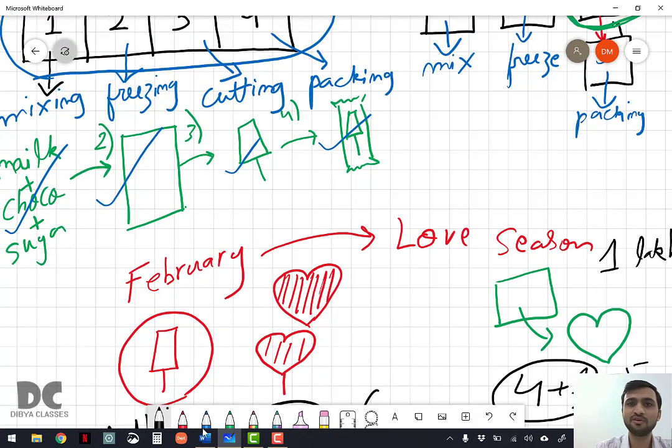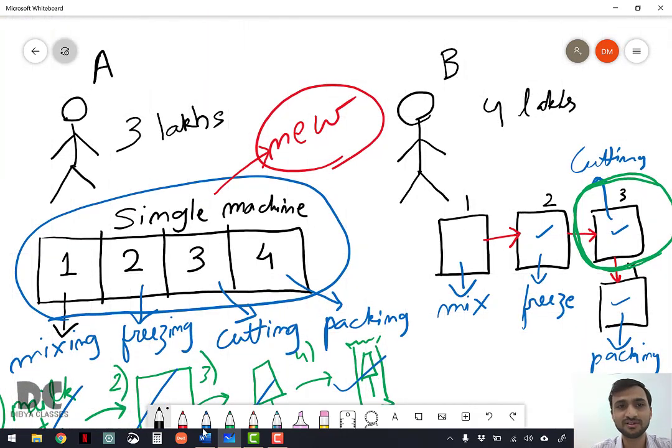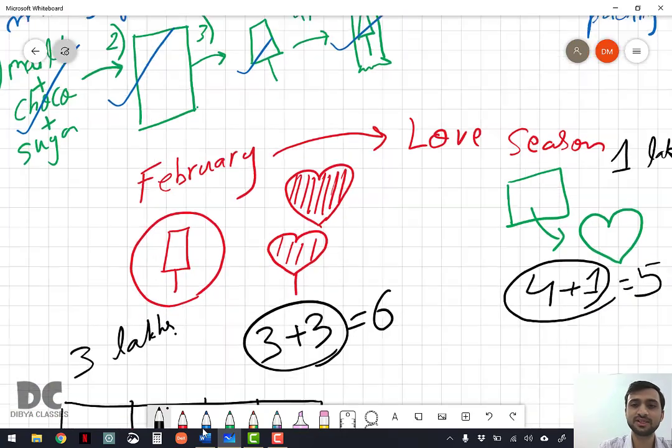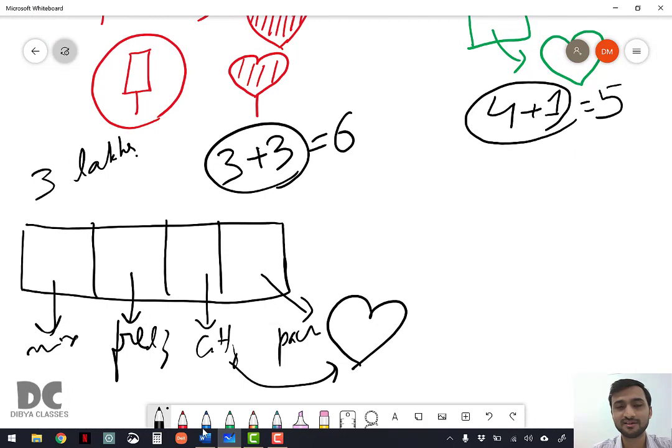So though before you could see that A had an advantage of 1 lakh rupees, now since the situation has changed, A has actually invested more as compared to B. Are you seeing the advantage?